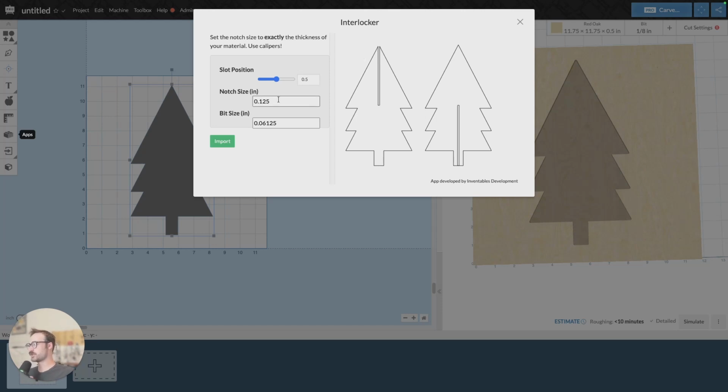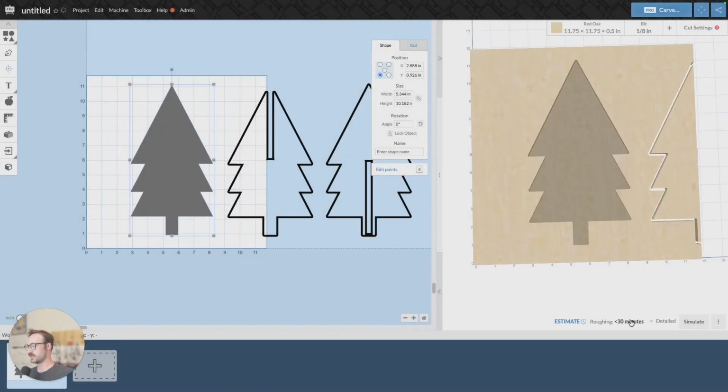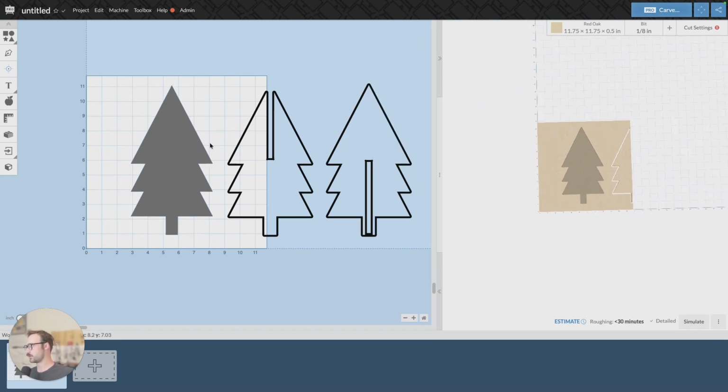The first one is you want your notch size to be the same thickness as your material so that it's going to fit. And then your bit size is really whatever you want it to be. In this case, I'm using a 0.125 bit, or a 1/8 inch bit, on my project. So I'm going to make it that. And essentially then I'll import it and we can see if I bring it over here,